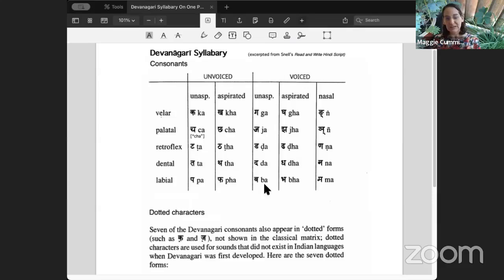Now we know that in the dictionary, they start with the vowels, but once they're done with the vowels, they get to the consonants. This is the alphabetical order. So what I want to do is go through by row and see if we can just say the sounds correctly. And one thing I find useful to know is that